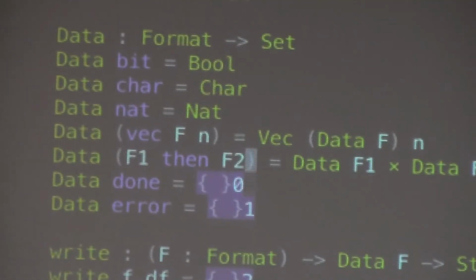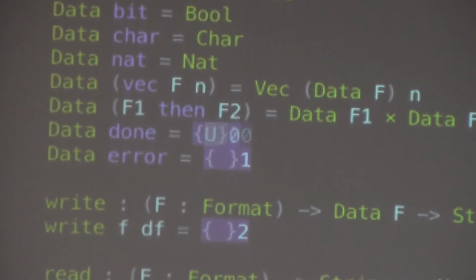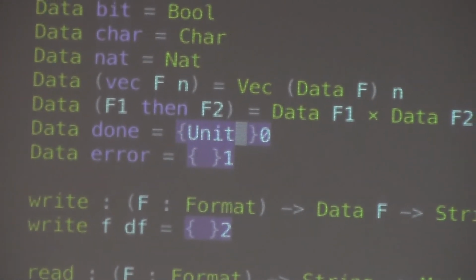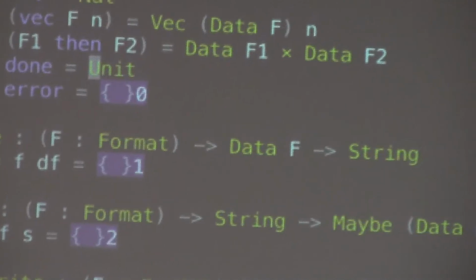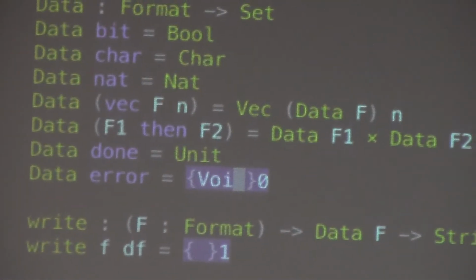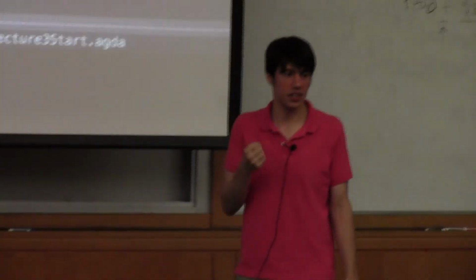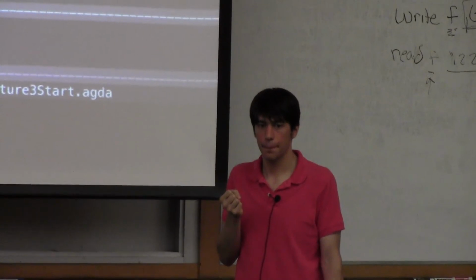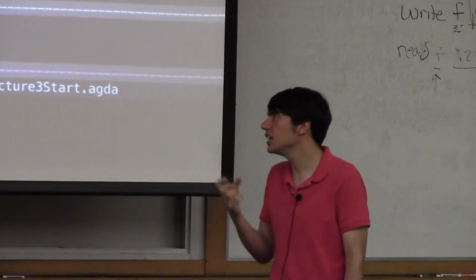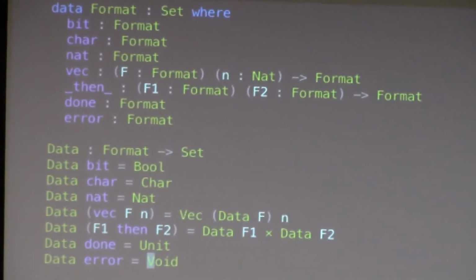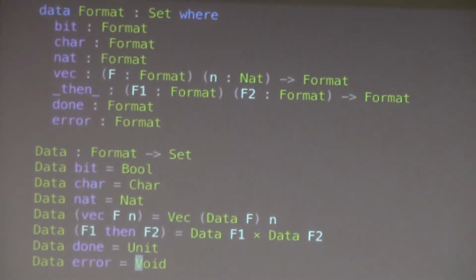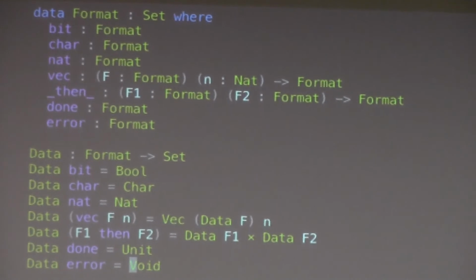And then we'll interpret done as unit, because done is the end of file thing that always succeeds but has no data. And we'll interpret error as void, the empty type, because it always fails but has no data. So now what we've done is we've defined a function that for each format gives us an Agda type. So if we go down to our example,